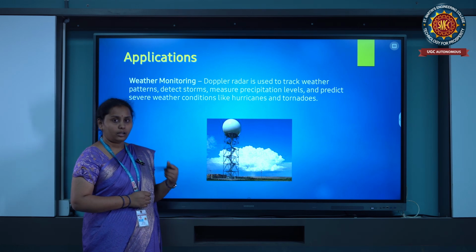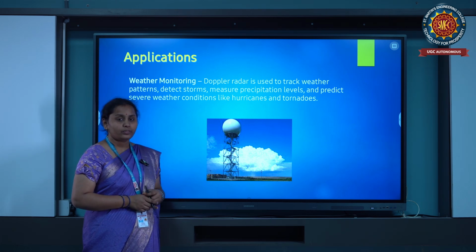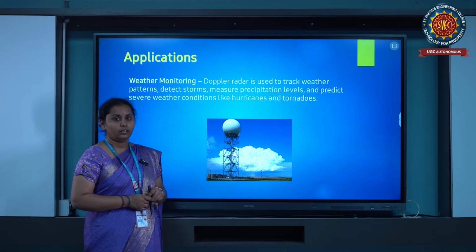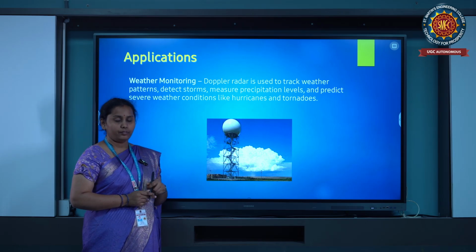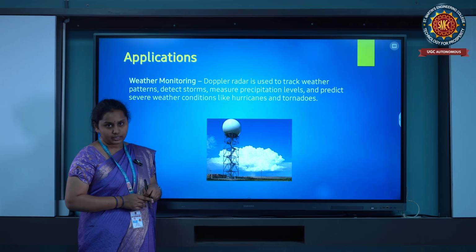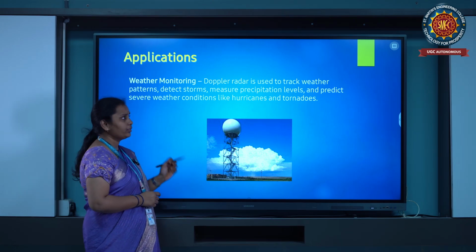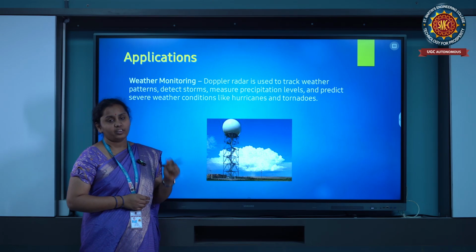And if a tsunami does occur, we can alert the coastal areas and evacuate them.